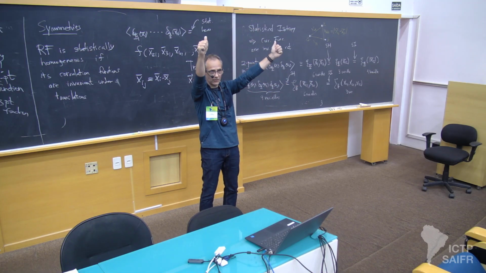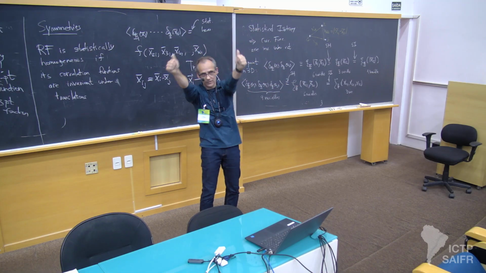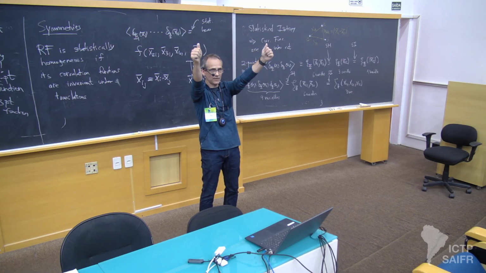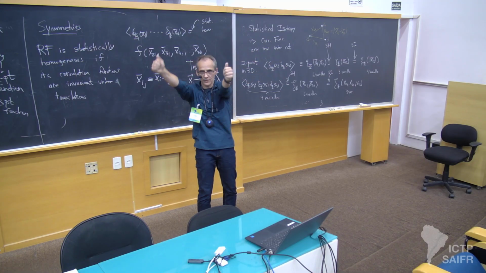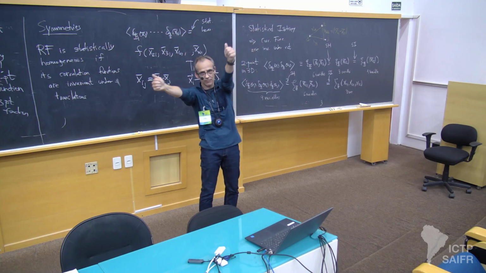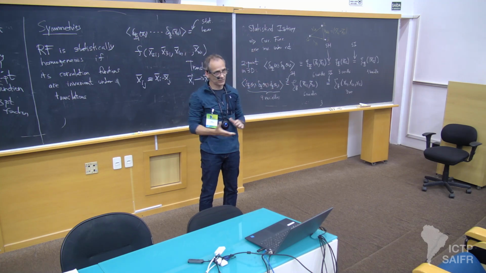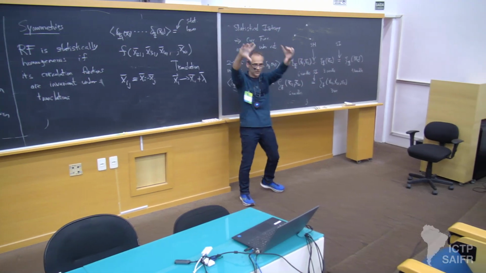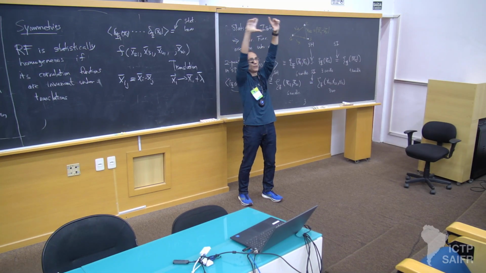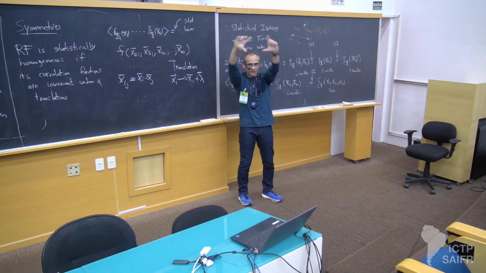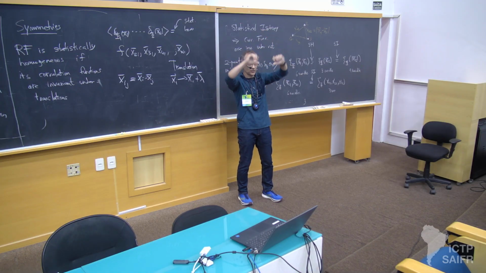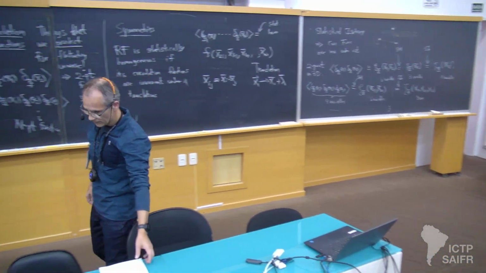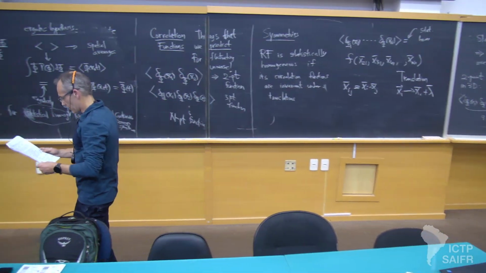That means if I fix the distance between my 2 points here, they are all statistically equivalent. So I can just average over all this. As long as I keep in my vector the same length, and in any directions, because I'm statistically isotropic, I can just average all of them. This is how we measure things, okay? Same thing for the 3-point function. You would just put a triangle on the sky and just move it around and rotate it any way you want, as long as you keep the shape of the triangle the same, and you just average over all of them. All right, so I'll stop here.